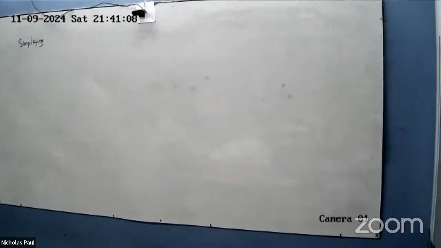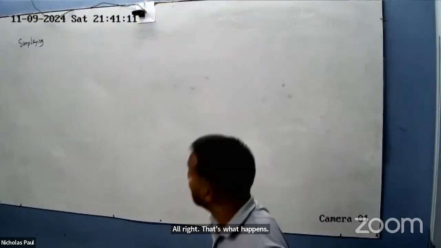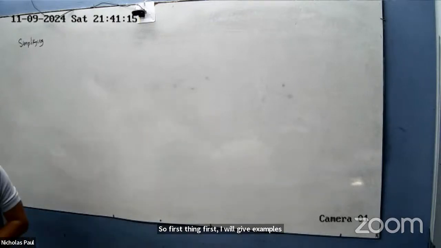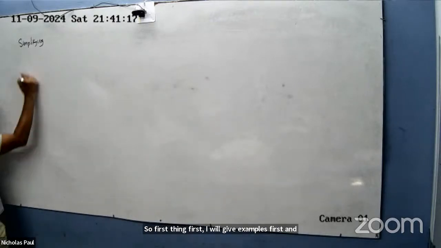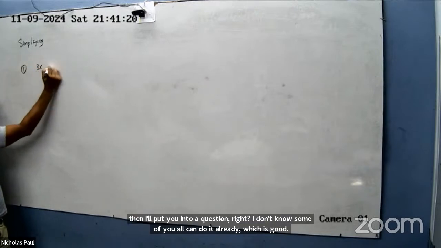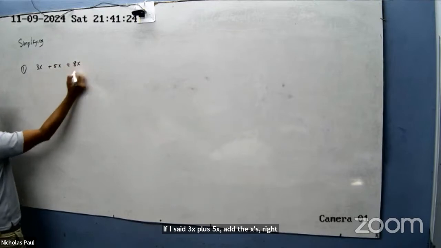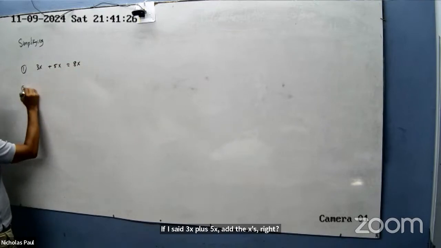See what happens. So first thing first, right? I will do examples first, and then I'll put you into a question, right? I know some of you all can do it already, which is good, right? But I just want to do some examples first. So first thing first, if I said 3x plus 5x, add the x's, right? Right? If on the other hand,